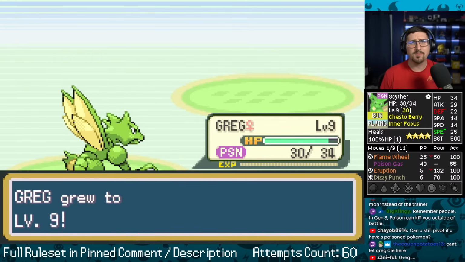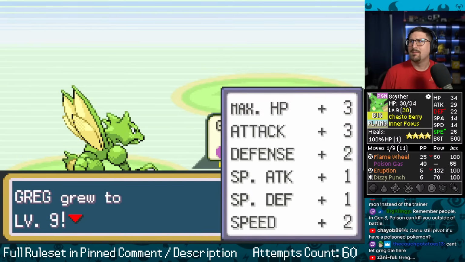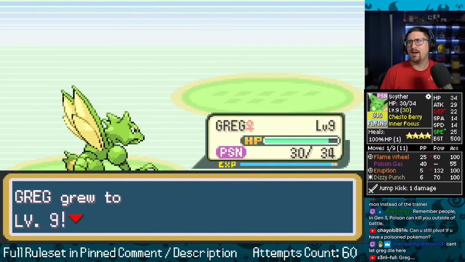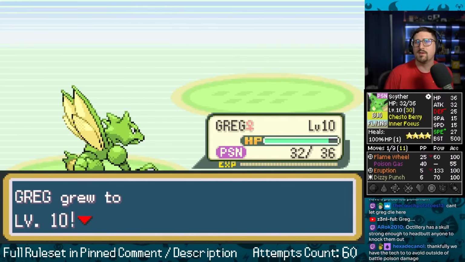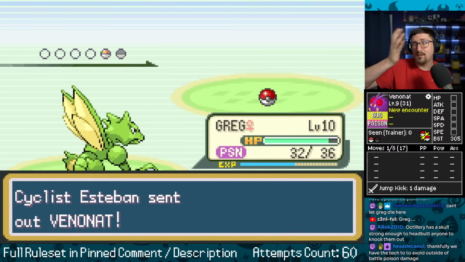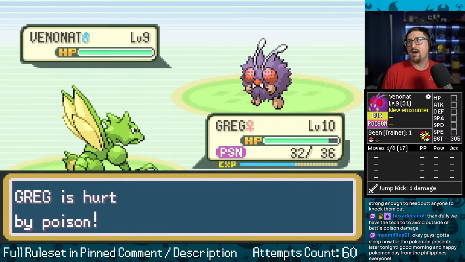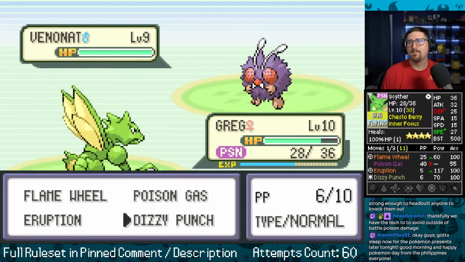I have to hope this next Pokemon is something I can one-shot. My attack is so much. That Octillery, I might put in a note. I could be wrong. It might be good defensively. I'm not sure. Also, it keeps log that this thing had Poison Point. Thank God. Okay, Venonat's a much weaker mon.